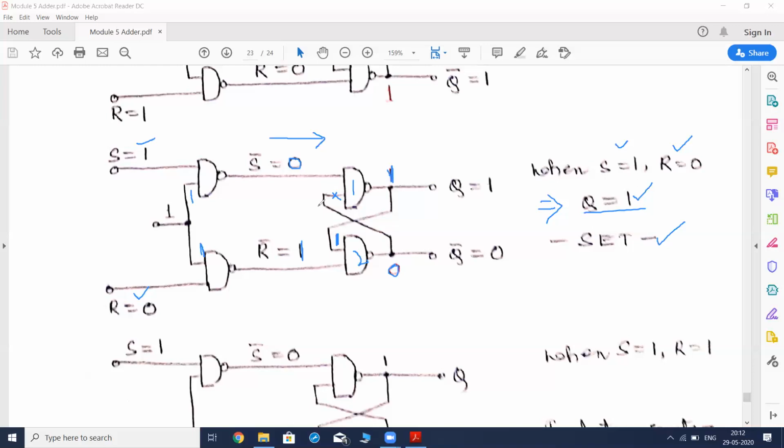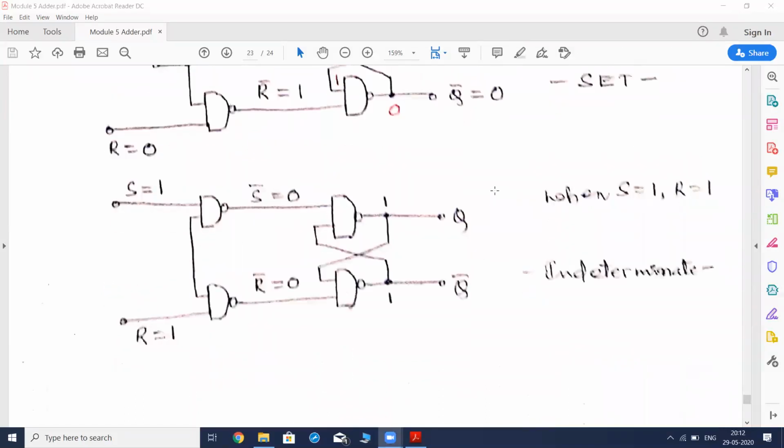In the flip-flops, we are going to use the S bar R bar latch. There we are not going to go to this much depth for the analysis. Directly we are going to take the S bar R bar truth table. That's why we have discussed the S bar R bar truth table over there. Okay, so now let us move on to the next one.